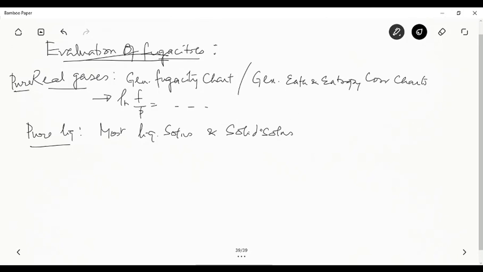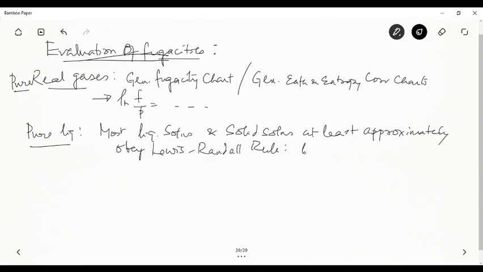Now, most liquid solutions and solid solutions, at least approximately obey Lewis and Raoult. That is, they behave as ideal solutions. Not all, but most liquid and solid solutions do behave like this,